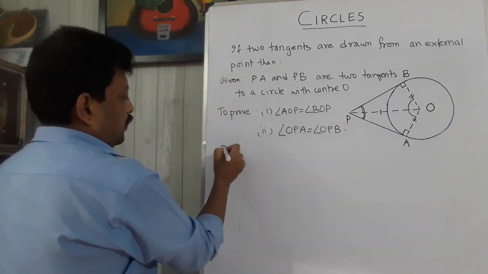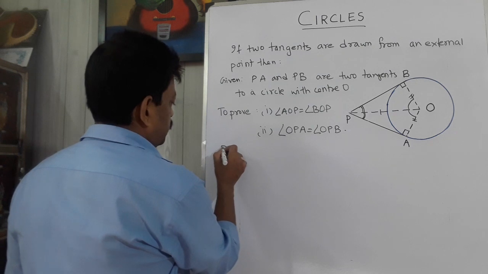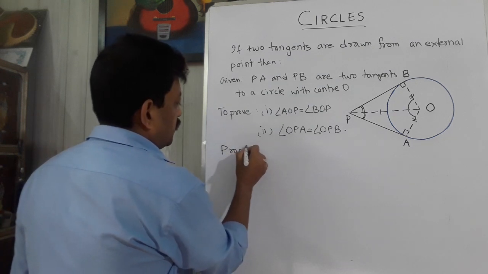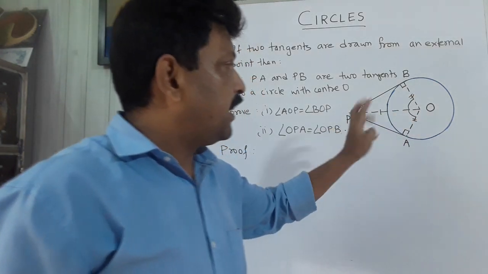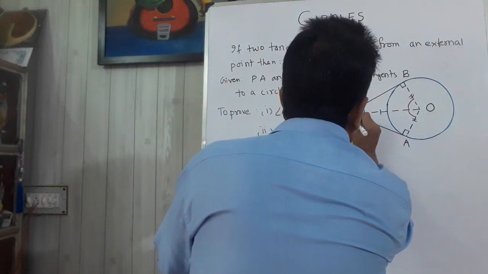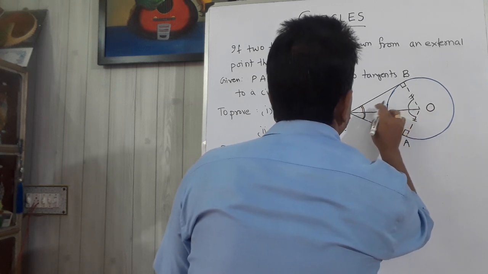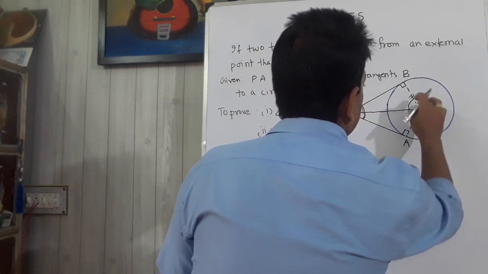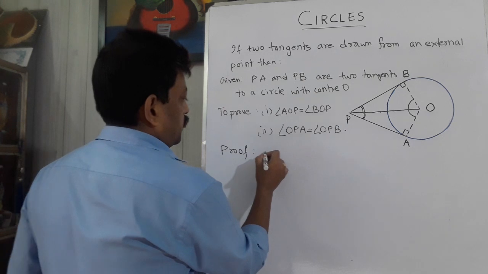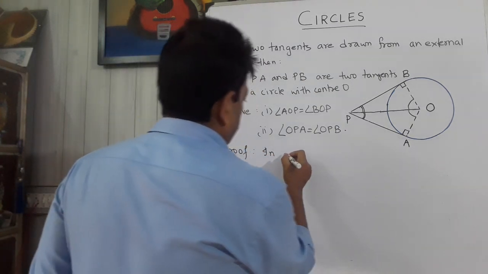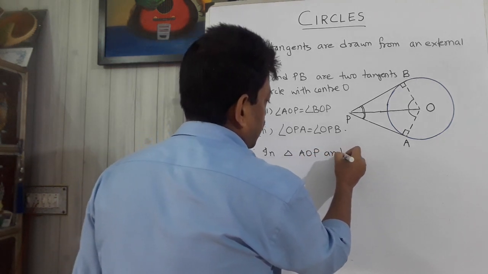Now the proof. Before the proof, we are not going to write down the construction because it is already drawn. The radii OA and OB and the line segment OP are already given, so this will be a straight line. In triangle AOP and triangle BOP,